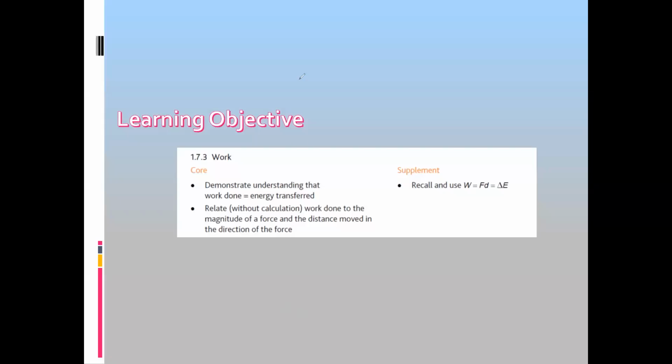Good afternoon, everyone. In this session, we will discuss work and power, the learning objective. So basically, what is work? How do we define work, or what is the definition of work? It's a basic and simple concept. An example: